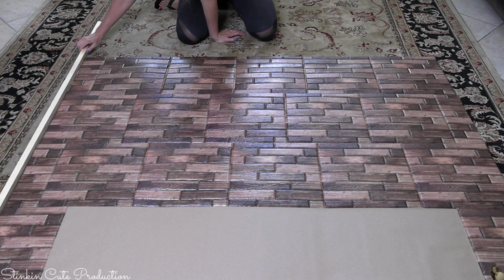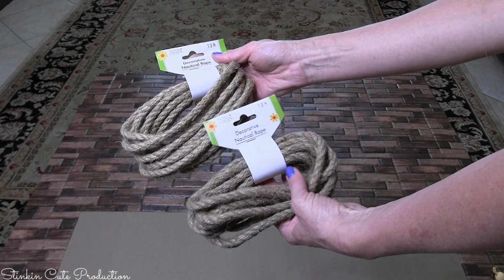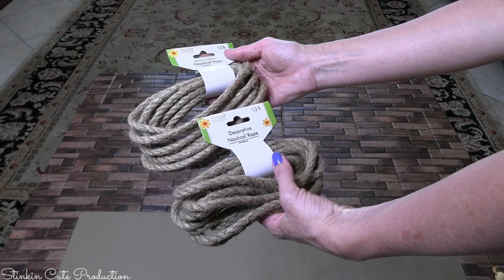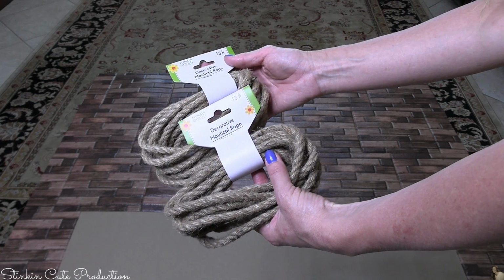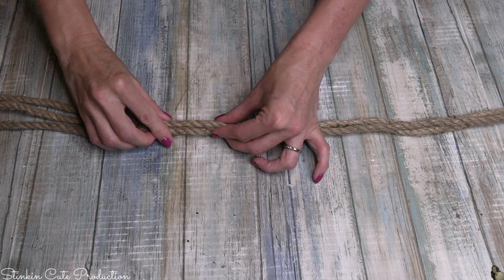One, I wanted to make this 100% Dollar Tree, and two, my friend wanted me to finish it off with the decorative nautical rope. And so she's got some of that rope vibe in her room already on her lamp, and so we thought that this was the perfect finishing touch. To do that, I'm using 3 sets of rope because